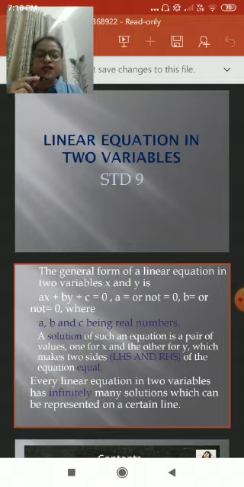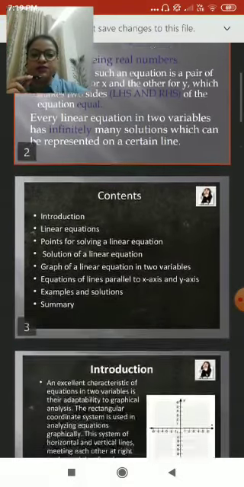So a linear equation, as I told you, is an equation which consists of some constants and variables, and since it is a linear equation, it has power 1, the exponent has the power 1. So you will have just one root of a linear equation. Let us move to the next slide.